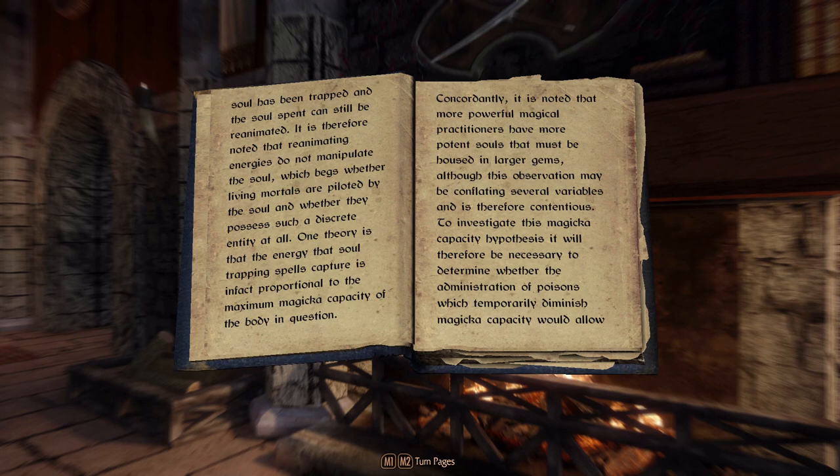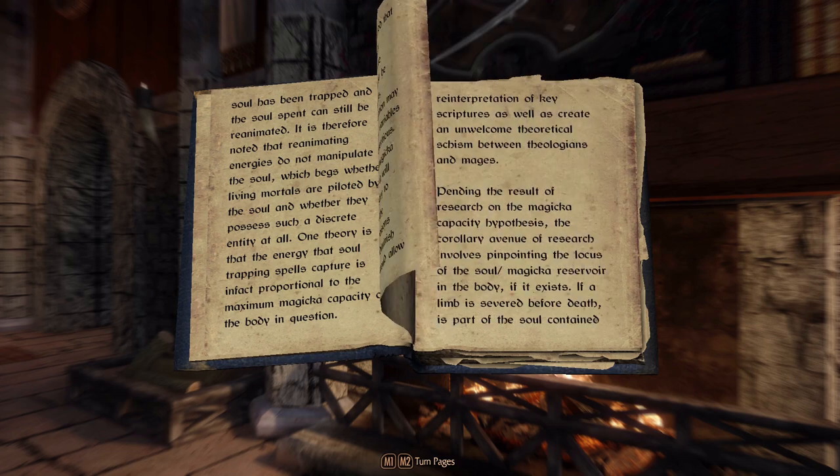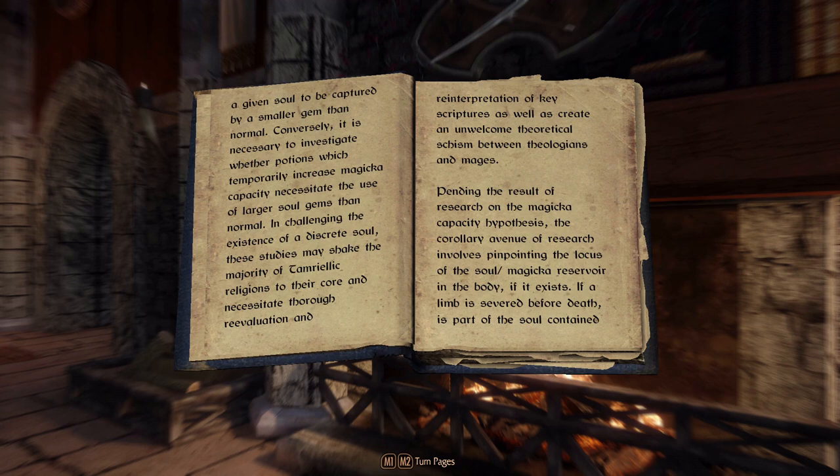Although this observation may be conflating several variables and is therefore contentious, to investigate this magica capacity hypothesis, it would be necessary to determine whether the administration of poisons, which temporarily diminish magica capacity, would allow a given soul to be captured by a smaller gem than normal. Conversely, it is necessary to investigate whether potions, which temporarily increase magica capacity, necessitate the use of larger soul gems than normal. In challenging the existence of a discrete soul, these studies may shake the majority of Tamrielic religions to